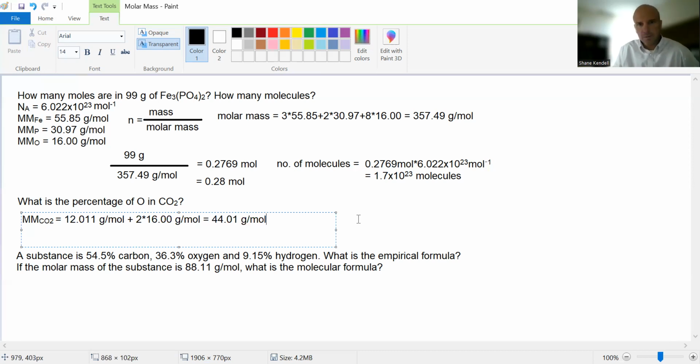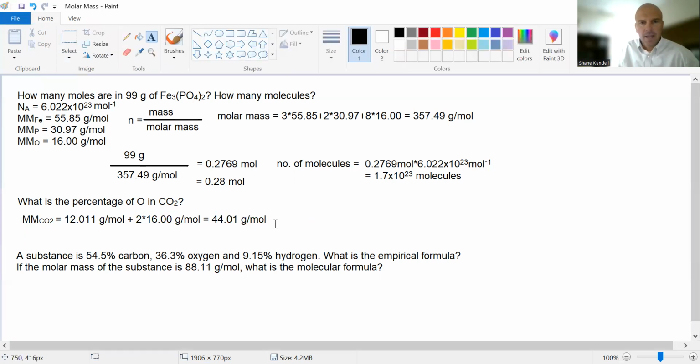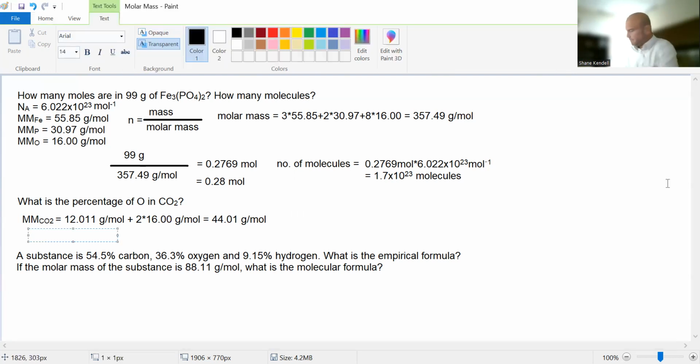Okay. Like I said, that would be the total mass of 1 mole. So 44.01 grams would constitute 1 mole of carbon dioxide. And so in that, you could look at the oxygen relative to it. And because there's 32 grams of oxygen in there, the percent mass is just going to be that. Oops. So I forgot to press shift there. So percent mass is just going to be the 32. I won't worry about the units now, but the 32 divided by the 44.01,